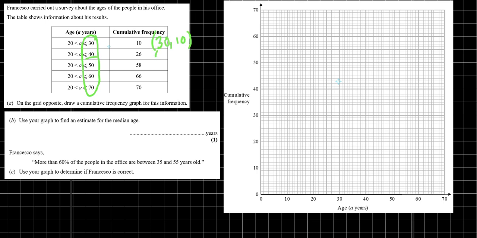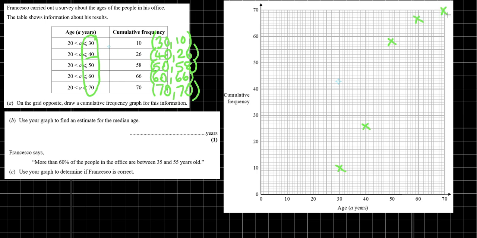Then you plot 40, 26, 50, 58, 60, 66, and 70, 70. So if I plot that, 30, 10, roughly here, 40, 26, 50, 58, roughly here, 60, 66,